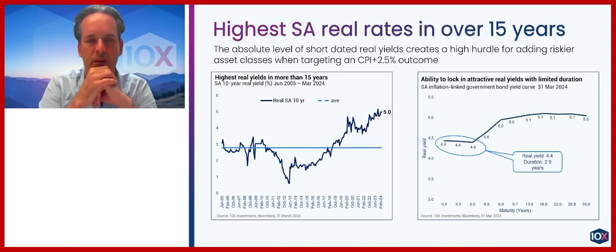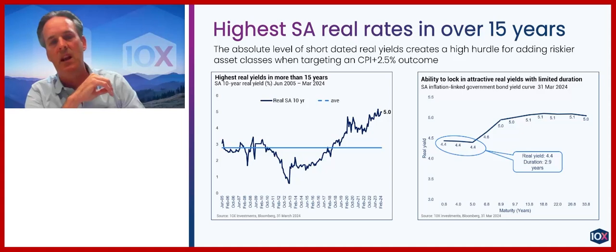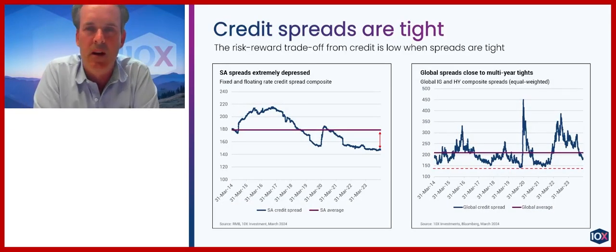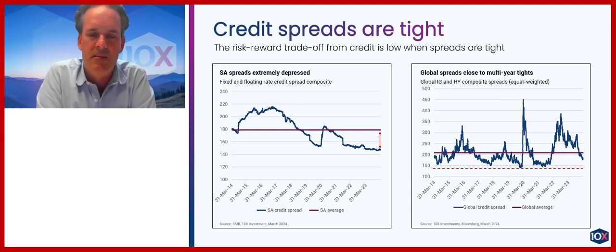So we can, in this portfolio, hold in excess of 30% in credits. We like global credits, and I think you may have mentioned earlier that this portfolio can invest up to 30% in global credits. The reason is that the SA market is very illiquid. It's incredibly small. But most importantly, spreads are very tight. On this chart, just by virtue of supply and demand, spreads in the local markets are at all-time tights, and that's due to all the demand and lack of supply.